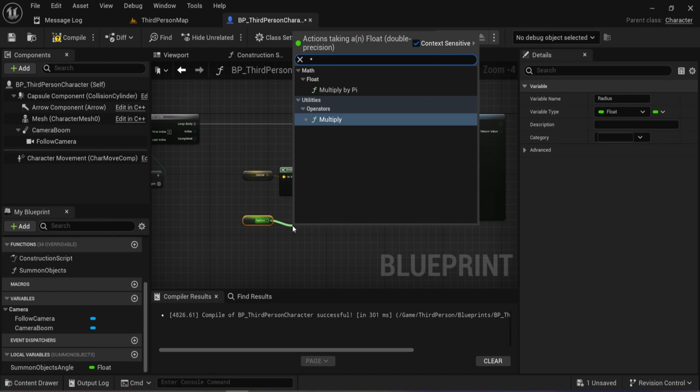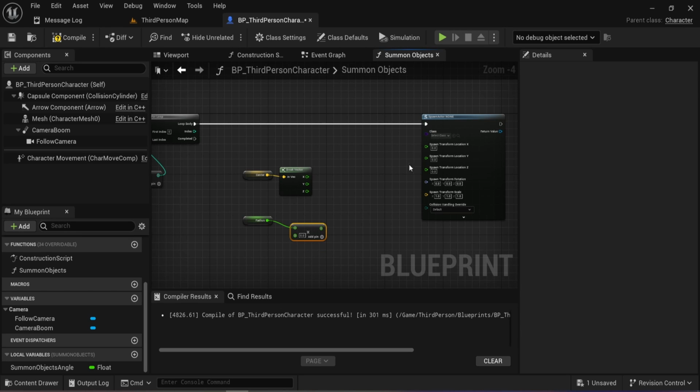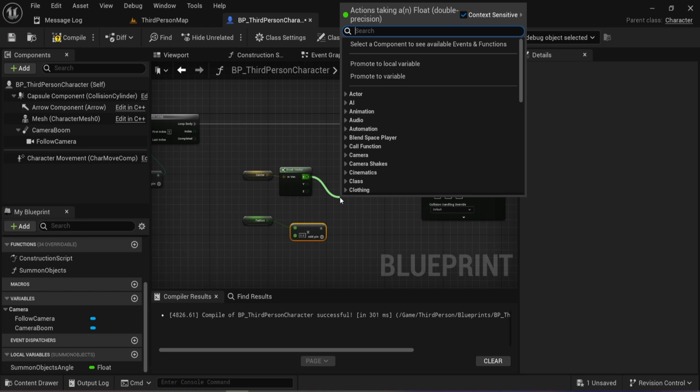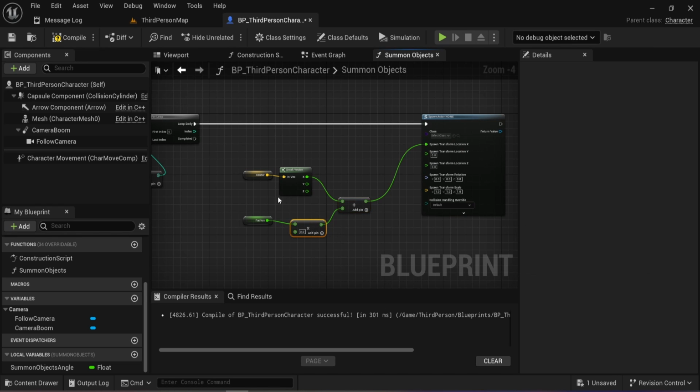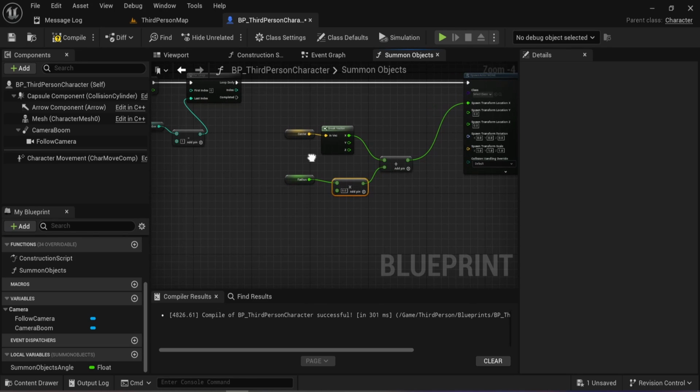And multiply. Since it is for the x position, we'll also need to add up here. So over here, yeah. And next is connect with the location x. Okay, so we already have the radius, we have the center itself, and the next thing